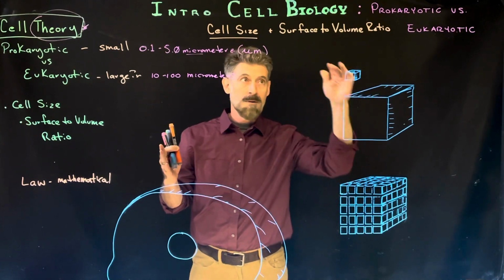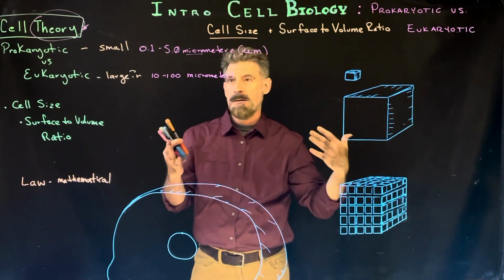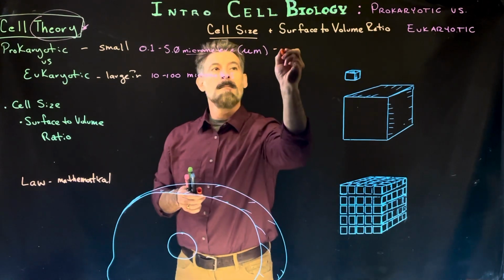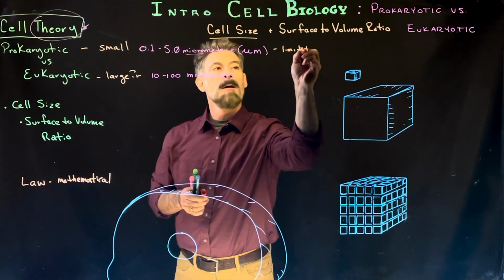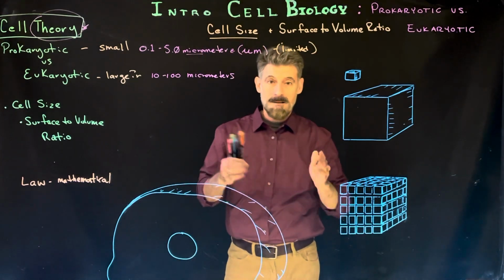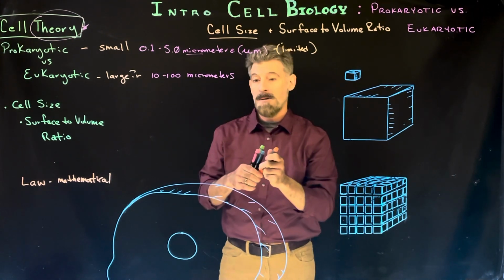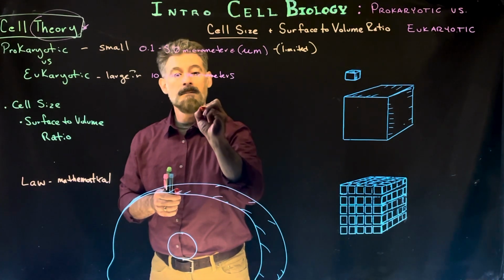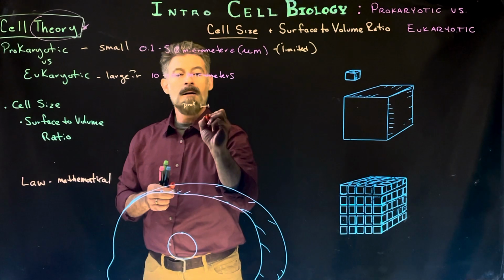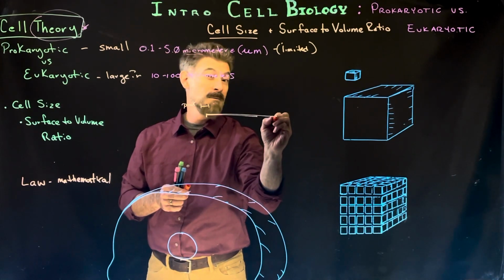And this is what we're going to get at with surface to volume ratio, an explanation of how and why they are not only small, but seem to be limited in size. So they're small, and their range of size is not so great. Okay, so they're little cells, so they say the prokaryotic, and then we have the eukaryotic being bigger, but the range of sizes goes a lot bigger.